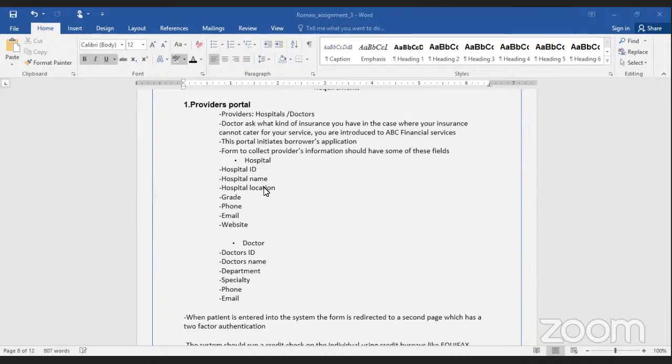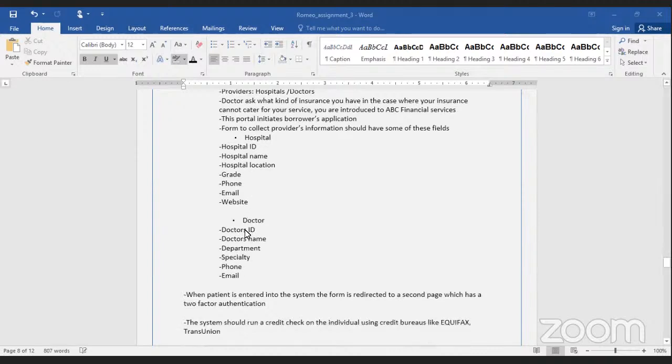You can't compare some village hospital to the Bank of Ghana hospital. So you tell us the grade: is it an A class hospital, B or C? Then we are supposed to have the phone number of the hospital, and if the hospital has an email address and a website. These are the information that we need to take from a provider who is a hospital.